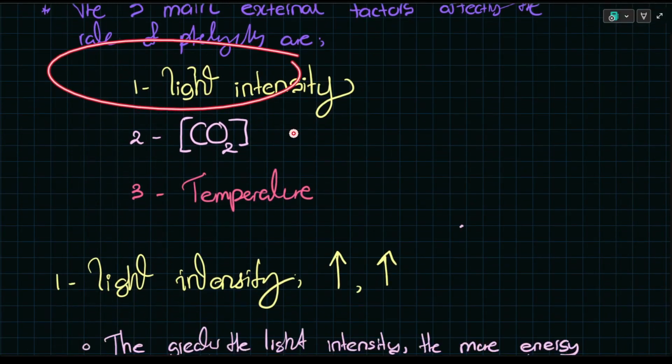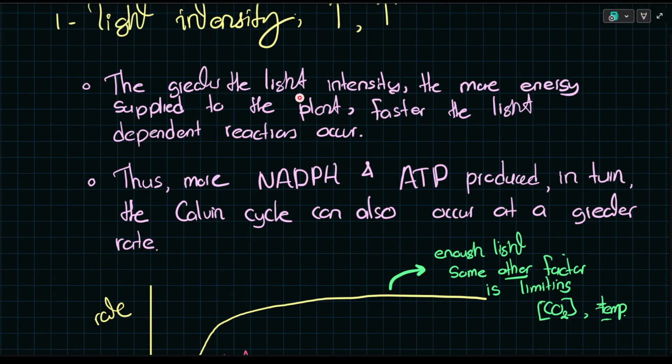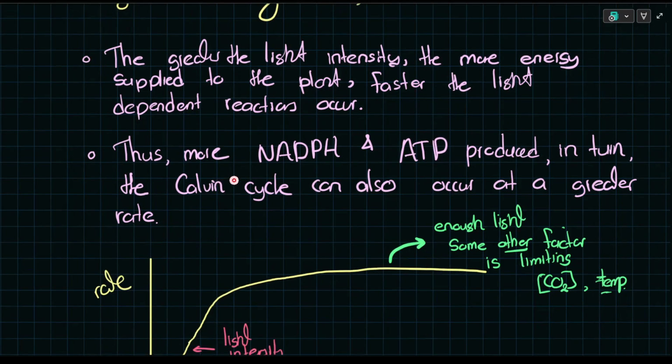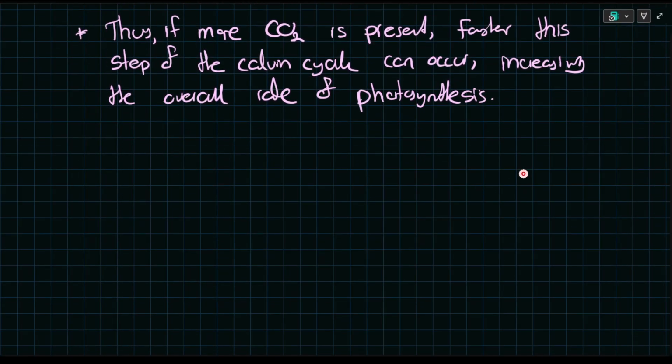If I say light intensity, we should be talking about the light dependent stages, non-cyclic and cyclic photophosphorylation, so the faster the light dependent reactions can occur. When we're talking about CO2, we absolutely know that we're talking about Rubisco fixation and the Calvin cycle. More carbon dioxide, more fixation, more of that metabolic pathway being active, therefore a faster Calvin cycle, so a faster rate